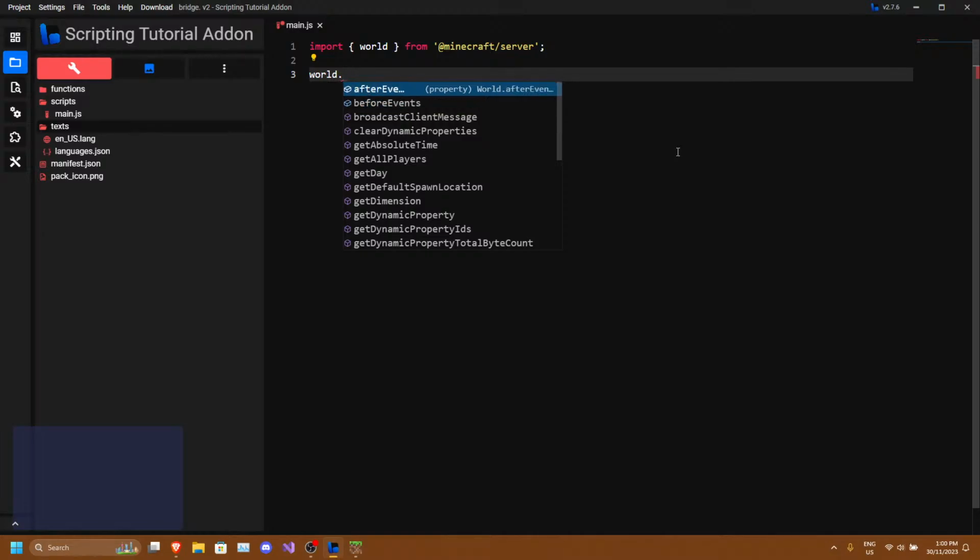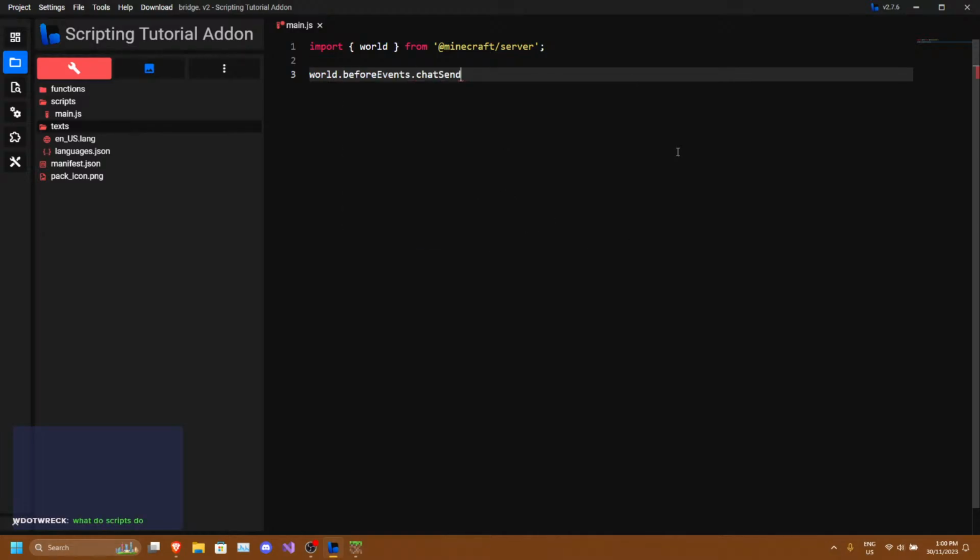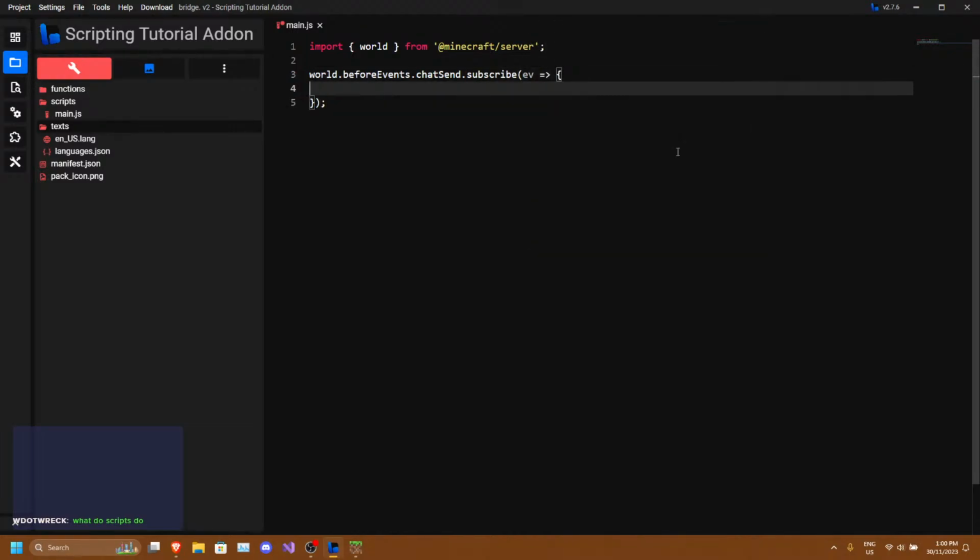Right, I'll actually show you what scripts do. If ev dot message is equal to